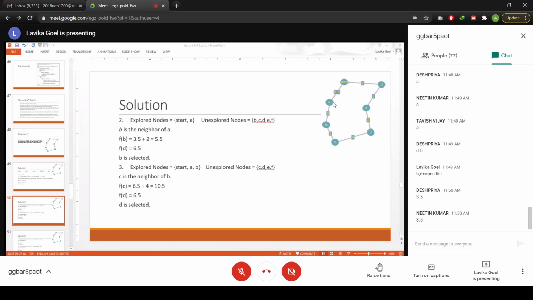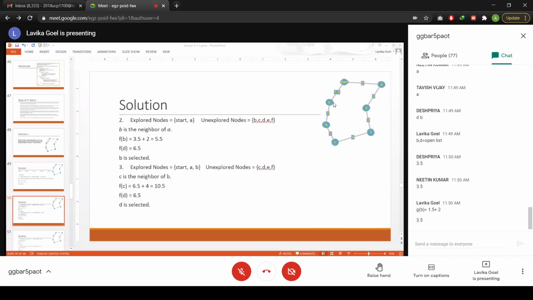So basically it is the addition of the edge costs from the starting node up to that node. That means the edge cost from start to A plus the edge cost of A to B. The edge cost of start to A is 1.5, and the edge cost of A to B is 2. So 1.5 plus 2 is 3.5. So 3.5 is the G value of B.